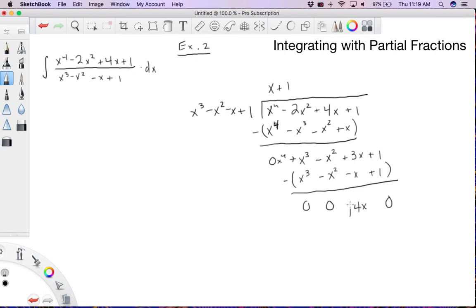Okay, so it appears that we have a remainder of 4x here. There's nothing we can really do about that except for this. So we'll say plus 4x over the divisor. Okay, so we have simplified our integral somewhat. x plus 1 plus